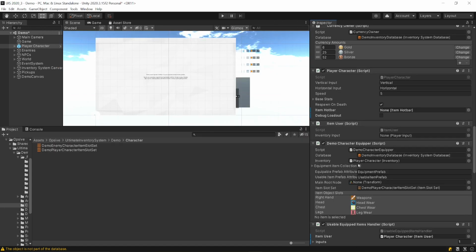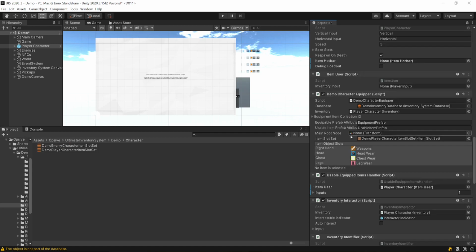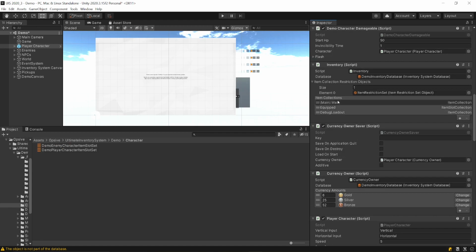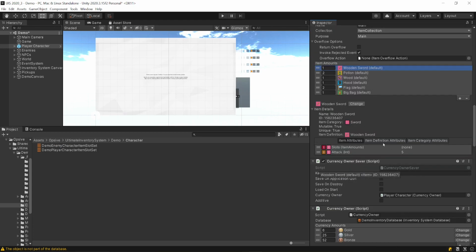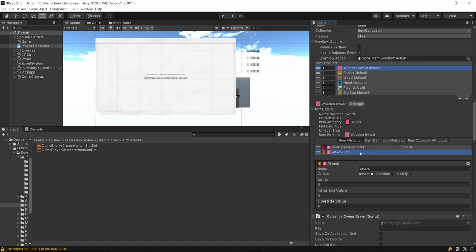In the case of certain items, for example, if we go back to the main equipped and we choose the wooden sword, it has item attributes which can be edited directly inside the inspector. So for example, we have an attack here of 5 and we could set this to 10, and then you'll see that now our wooden sword is a custom wooden sword, which is unique, of course, because of the category,